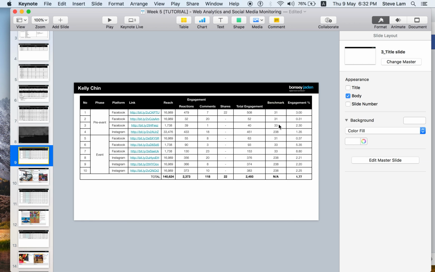Again, how do we calculate this benchmark? We went into their Instagram or their Facebook platform. We calculate the previous 10 posts, average it by dividing by 10, and further reduce it by 10% to get this number. All right. So total engagement wise,